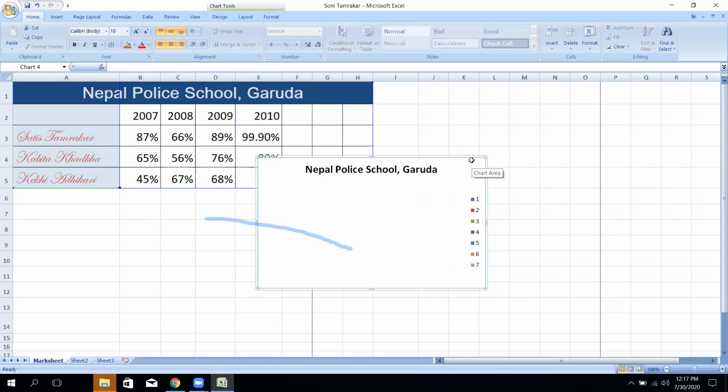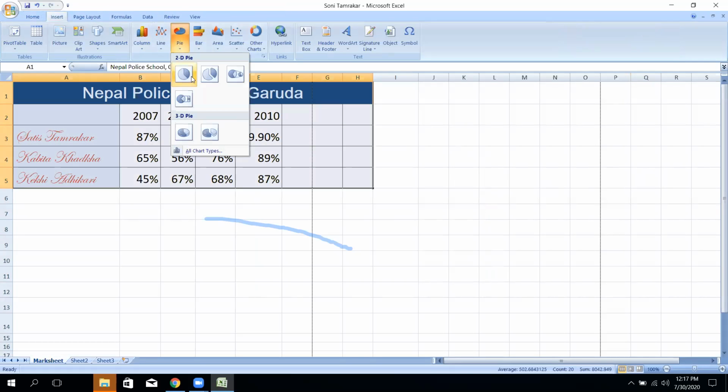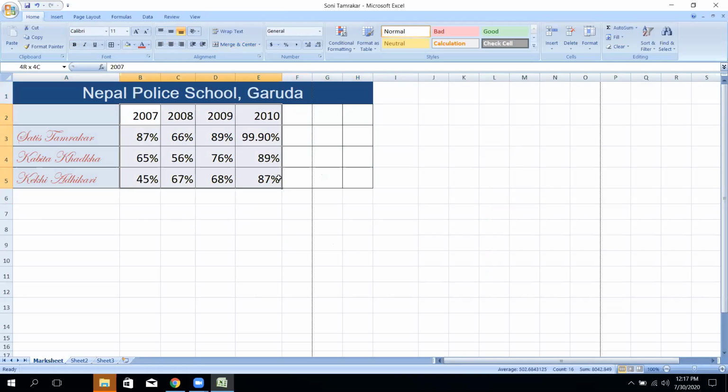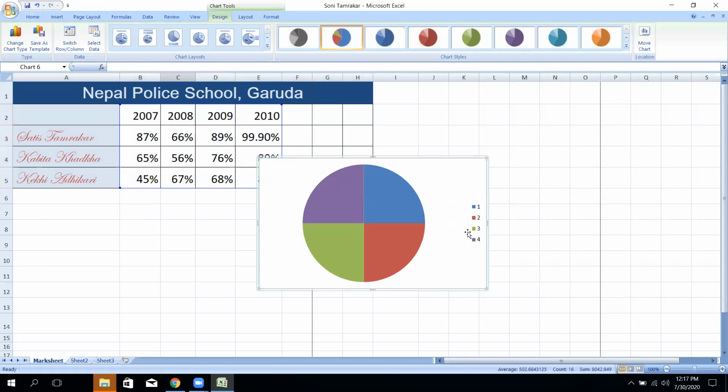Wait. Select the given value only. Maybe there is the problem. Okay, now only the values will be selected.